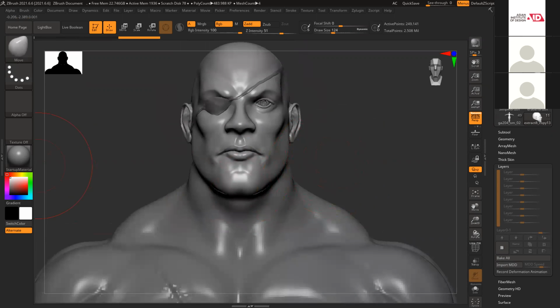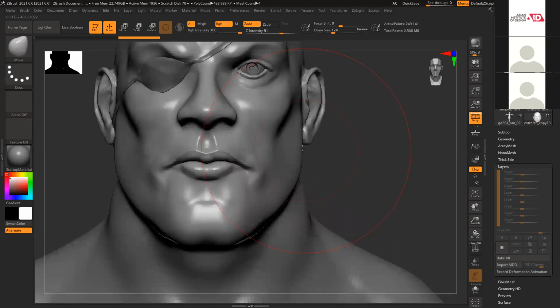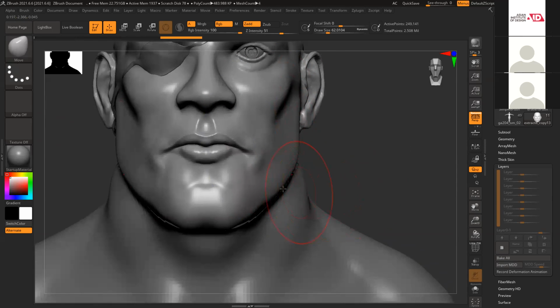Reduce the chin size slightly, and the jaws are a little angular. Slightly angular.